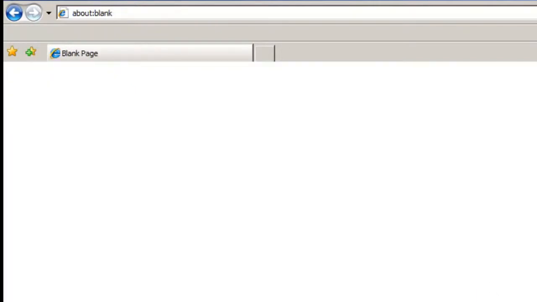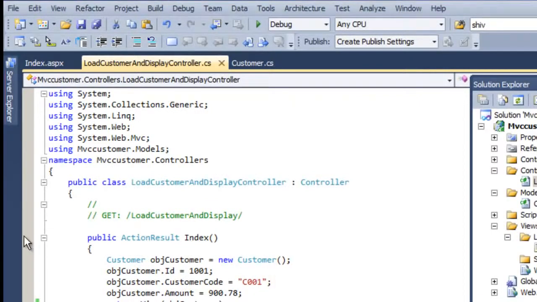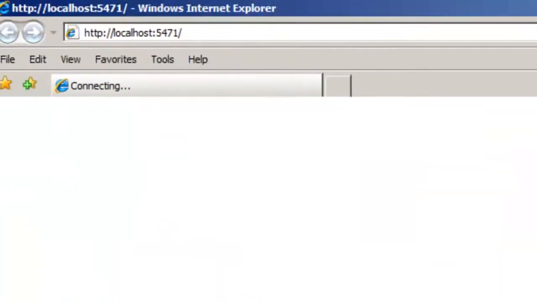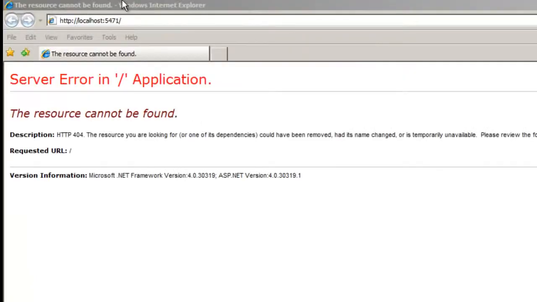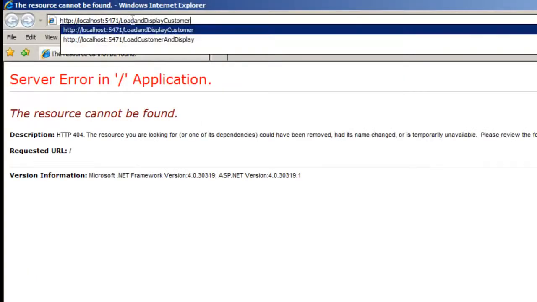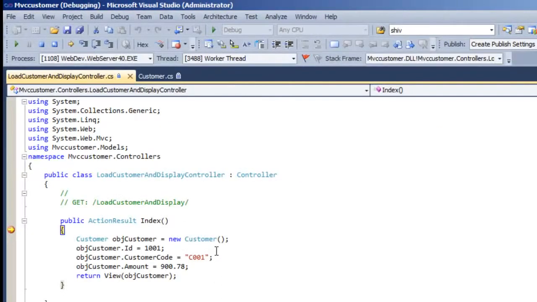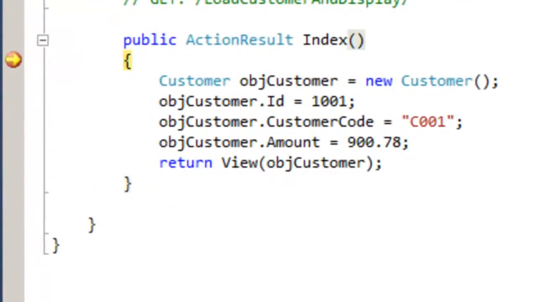So just if you want to see step by step how this has been invoked, let's go and put a debug point on the controller. Okay, and let's run this in a F5 mode. So yes, I want to debug, and that's my browser which is running, and that's the error. So let's call the load and customer display. So you can see that the time I invoke the action, it has gone into the debug point. So the first thing is it will go and create the customer object, and it will populate this data what we have passed in the controller.